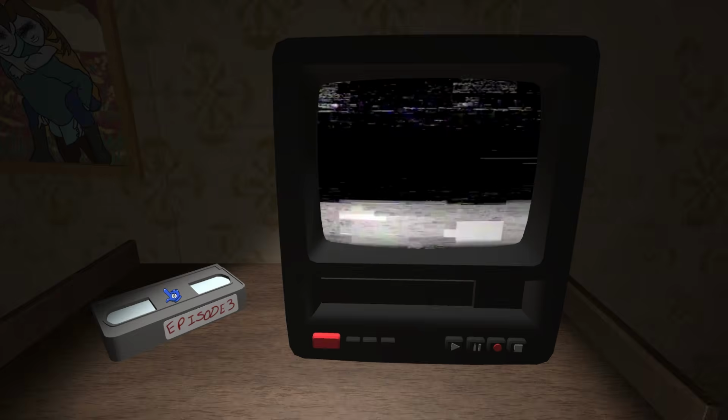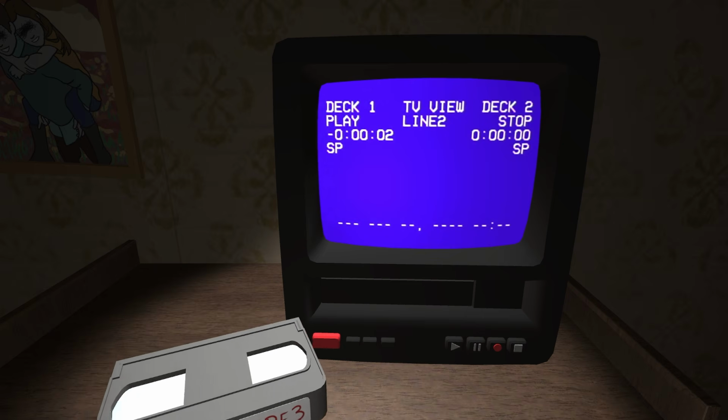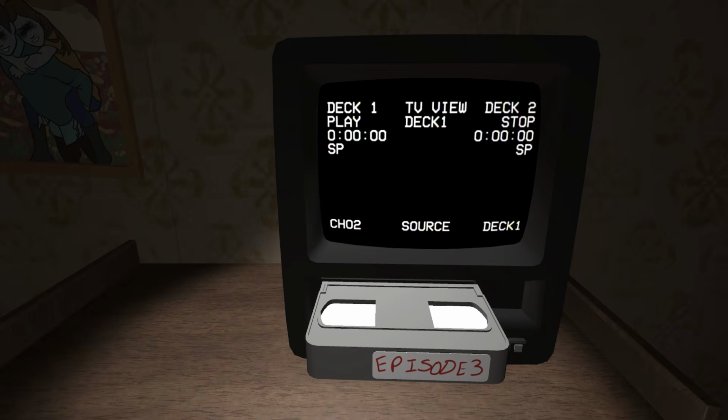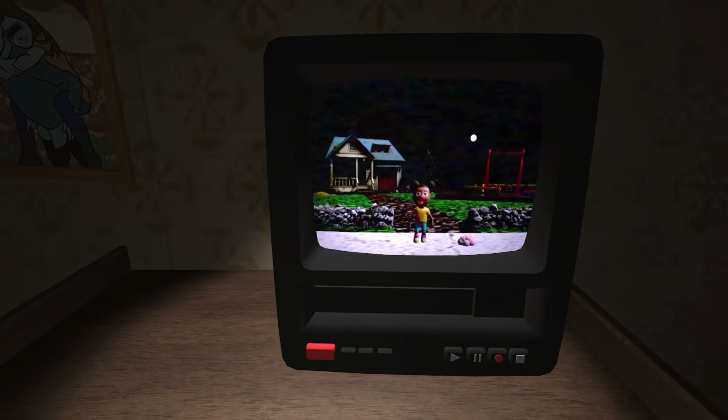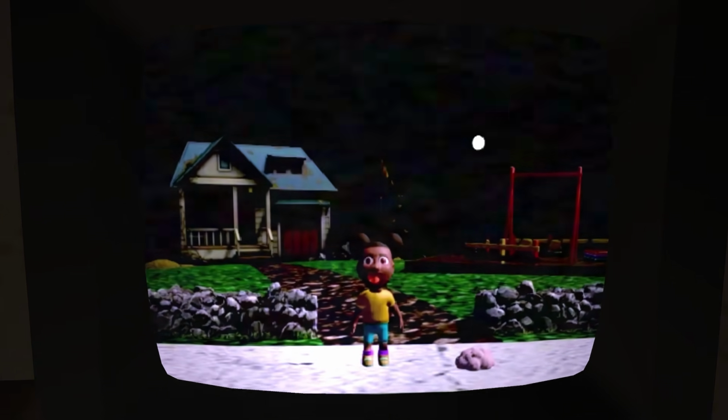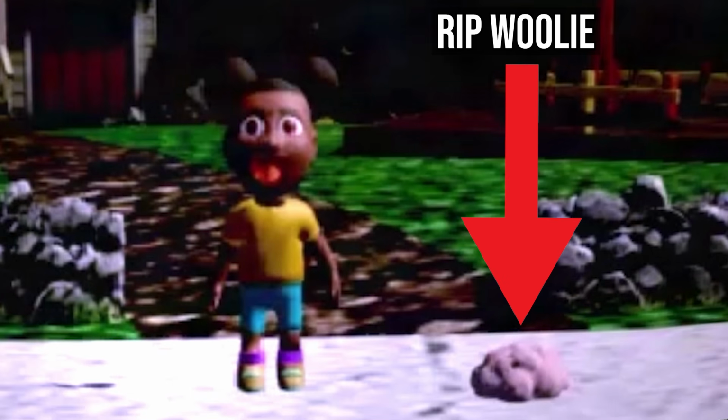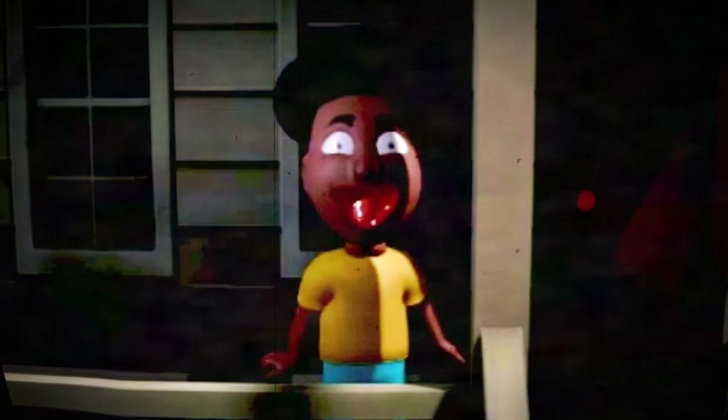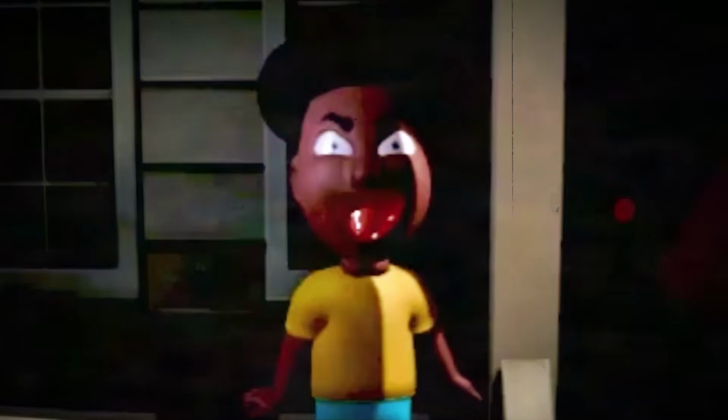Tape 4 is the creepiest of all, as it becomes immediately clear that Amanda is not as she first appeared. She stands before a house in the middle of the night. By her feet, the remains of her friend WOOLIE can be seen. Amanda becomes more and more excitable and unhinged as she asks us to head over to the house, open the door, and say hello to the entity within.